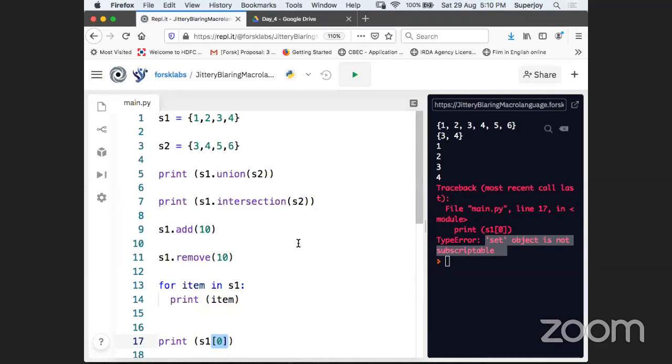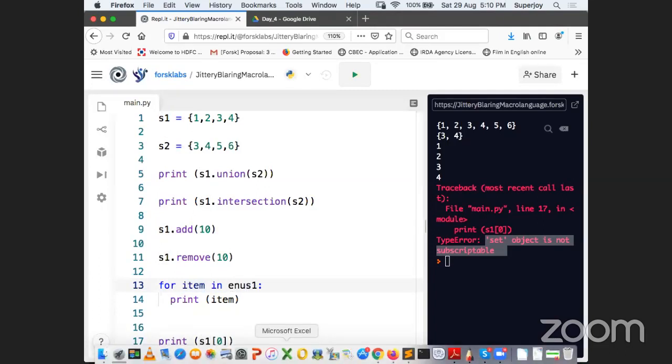Now, Javed Ahmed Khan is saying, sir, how to retrieve data from a particular index in sets? No, you can't do that, Javed, because they do not have any index mechanism as such. Can we do something like enumerate? Let's see if that is possible or not.